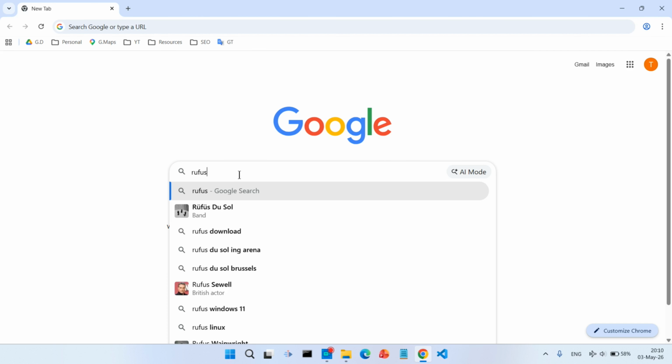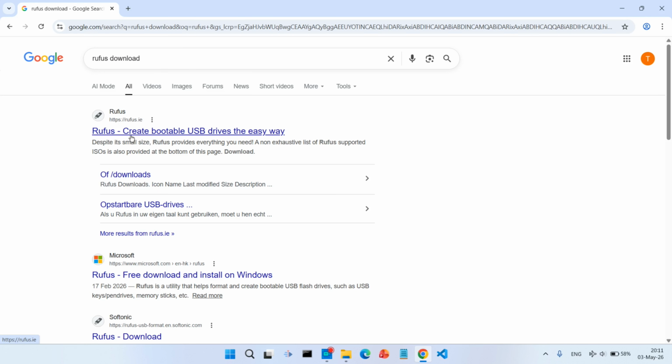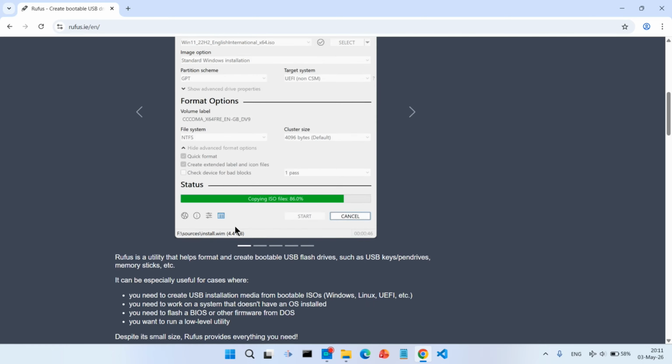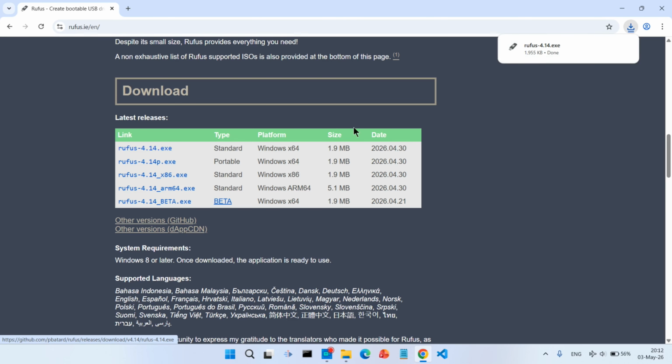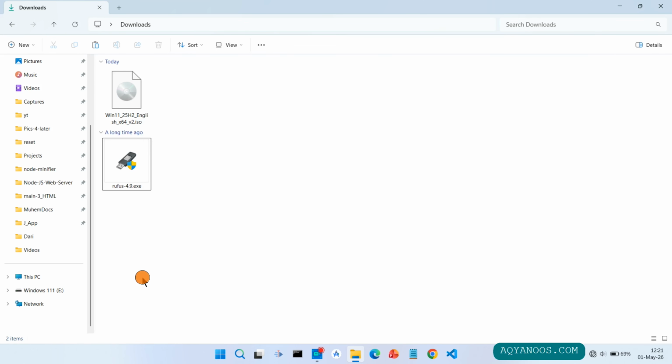Type Rufus download. Click on Rufus, create bootable USB drives the easy way. Based on your platform, click on one of these links. So the first one is okay for me. It is downloaded. Now go to your download folder, insert a USB drive, and then double click on the Rufus